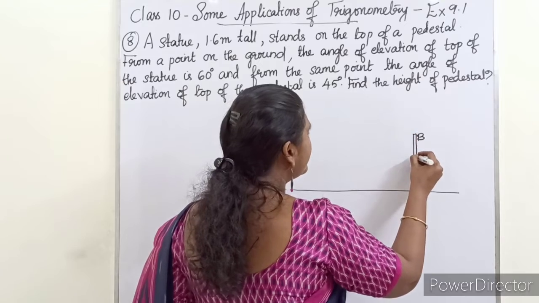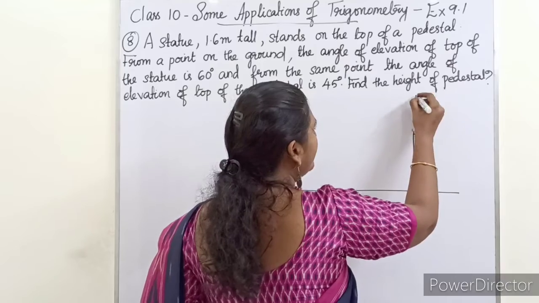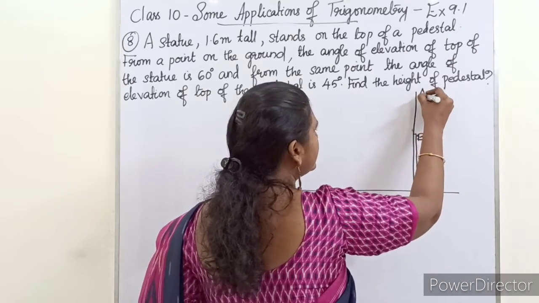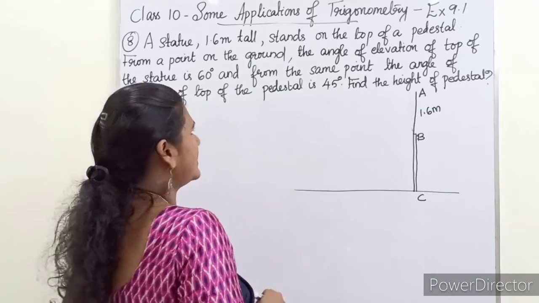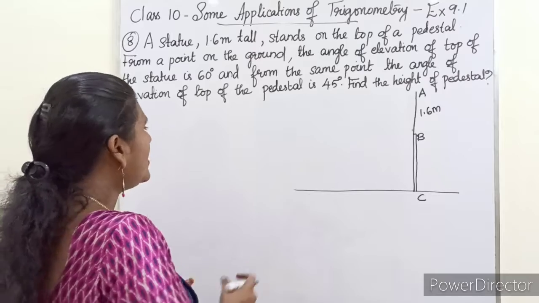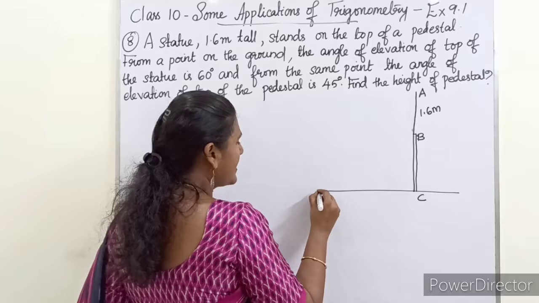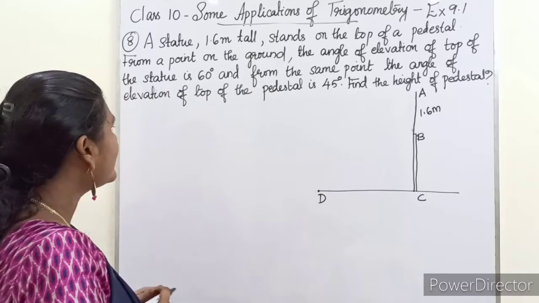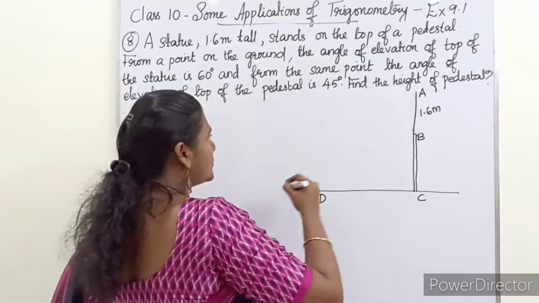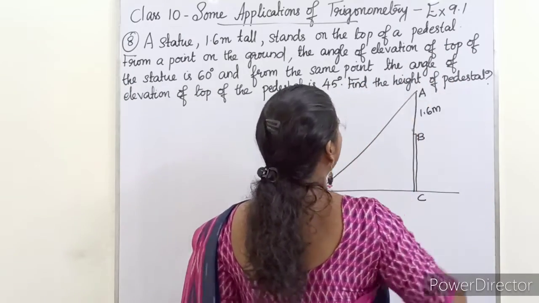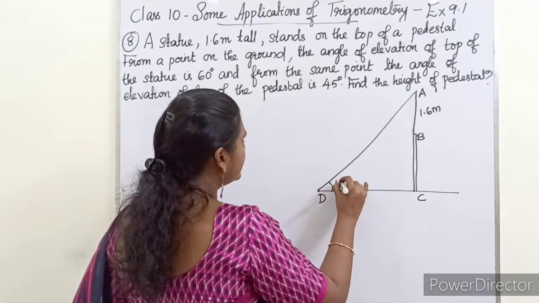On the top of this pedestal we have a statue. So this is the statue. Okay. So statue we will denote as AB. AB is the statue and the height of the statue is given as 1.6 meters. Now from a point on the ground, we'll denote the point as D. So from a point on the ground, the angle of elevation of top of the statue, first we are observing the top of the statue, and that angle of elevation is given as 60 degree,